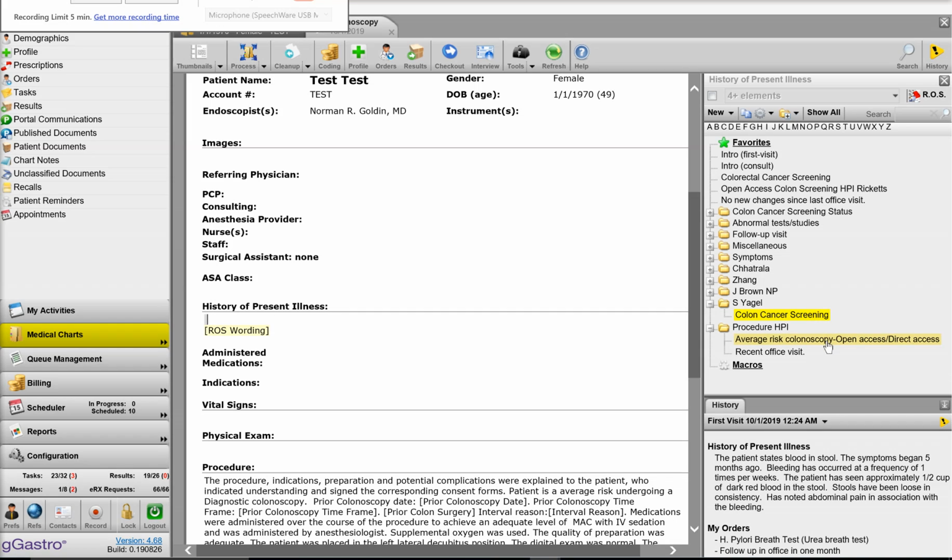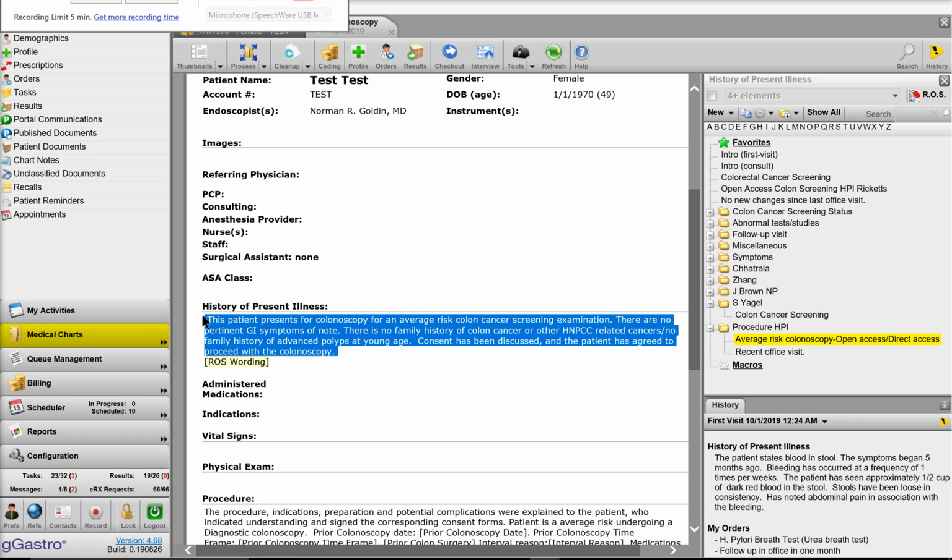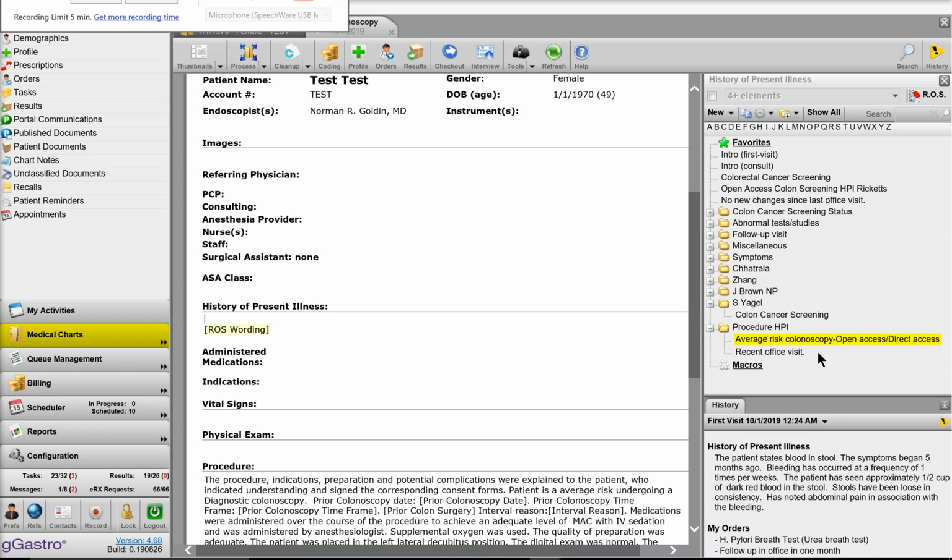You can double click on this one that says average risk colonoscopy, open access or direct access, and this short verbiage appears with a single click. The other option would be to